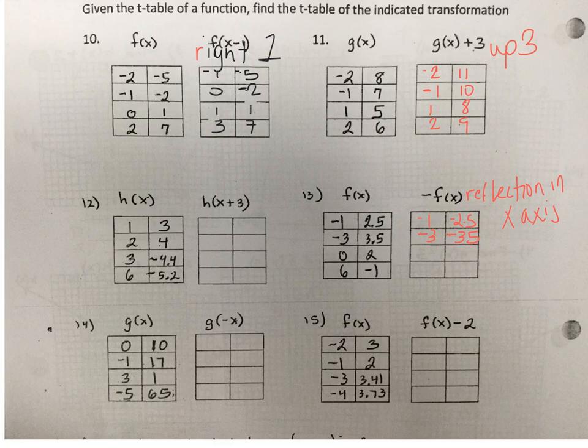Okay, so now finish filling out this table, then do 16, 17, and 18. I want you to pay close attention to whether or not the order in which you do the transformations in 16, 17, and 18 makes a difference. Okay? So ask yourself when you're done, could I have done this in a different order, and would I have gotten the same graph? Yes. Is the rest of the sheet